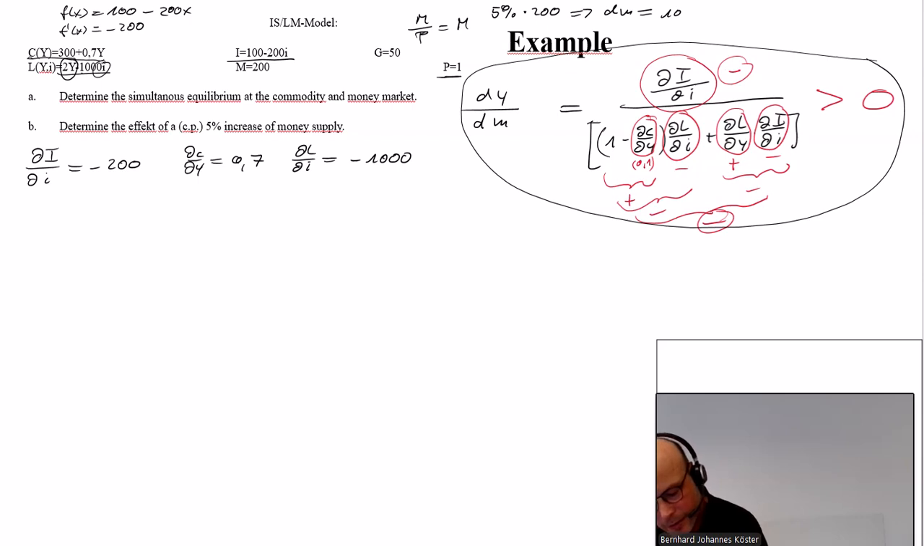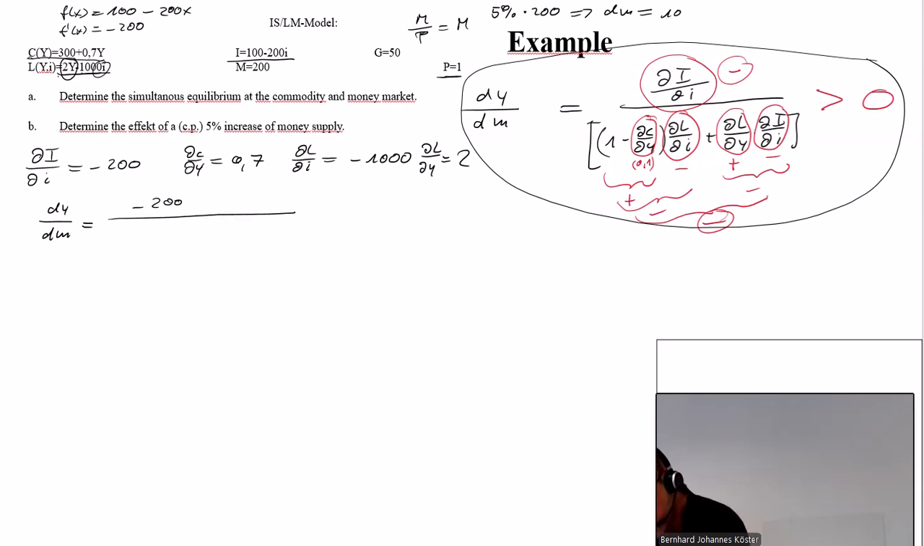And what else? Del L, del Y we need. There also we have to look at this function. 2. So now we have everything together and obtain dY dM is minus 200